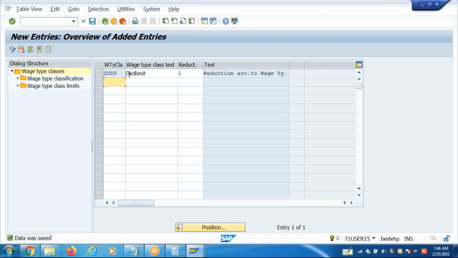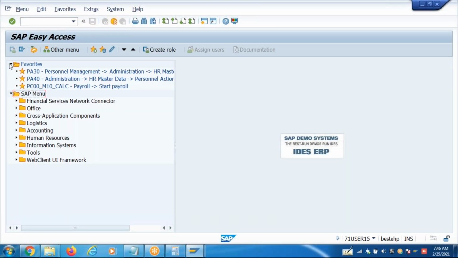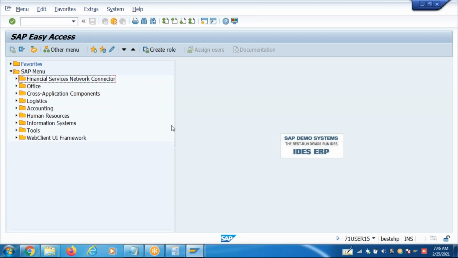So we created a class, a wage type class. In this wage type class, what are the wage types you are reducing? But before that, make sure your deductions are in the limits group. How do you add your wage types to a wage type group, guys? T_T50 to D7.